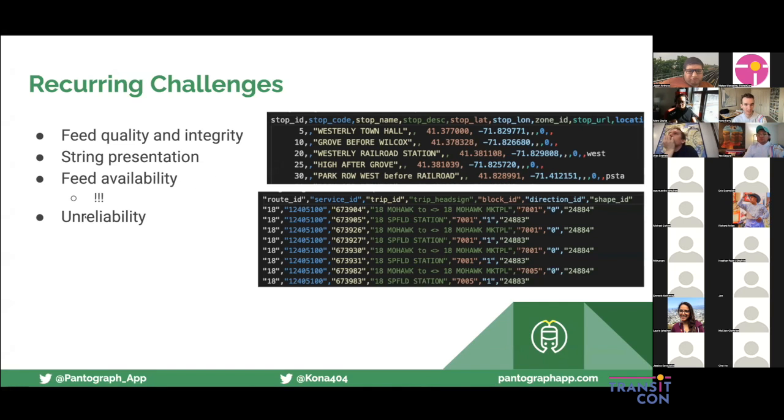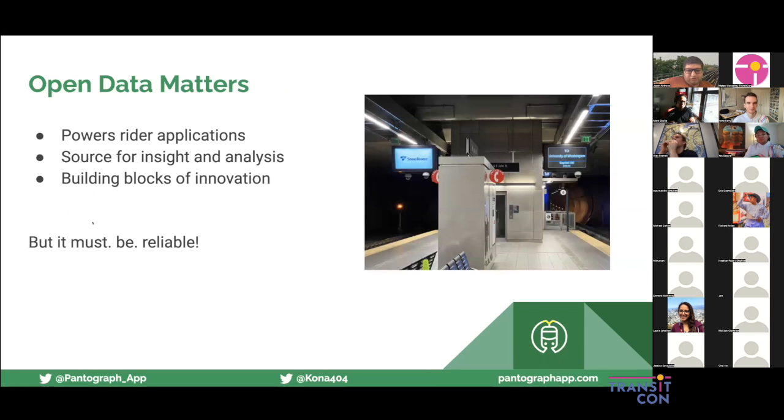And there's actually one agency, which again I'm not going to name, where sometimes when their feed goes down, it just goes down entirely. But other times it brings in interpolated information from where the buses should be based on the schedule. So it shows that everything is on time according to the real-time feed, and that all the buses are exactly where they're supposed to be. And that's worse than showing nothing, because now the feed is lying to you instead of just not giving you information. That is also a pretty frustrating thing that happens. There are lots of other items that I'm not going to get into at this time.